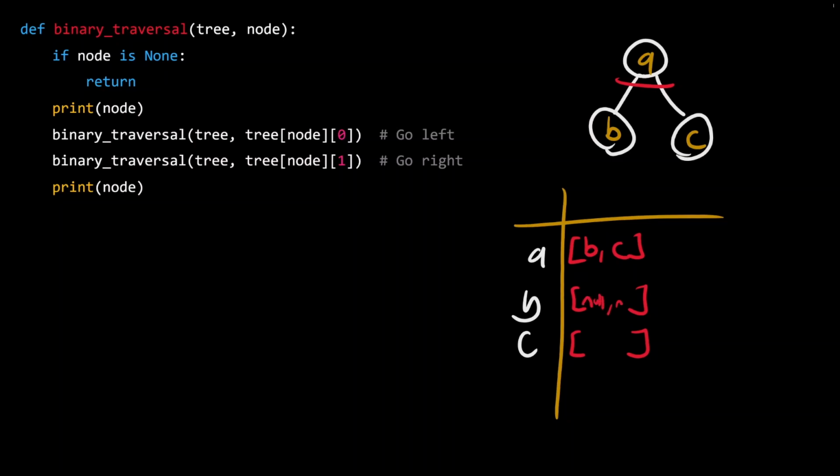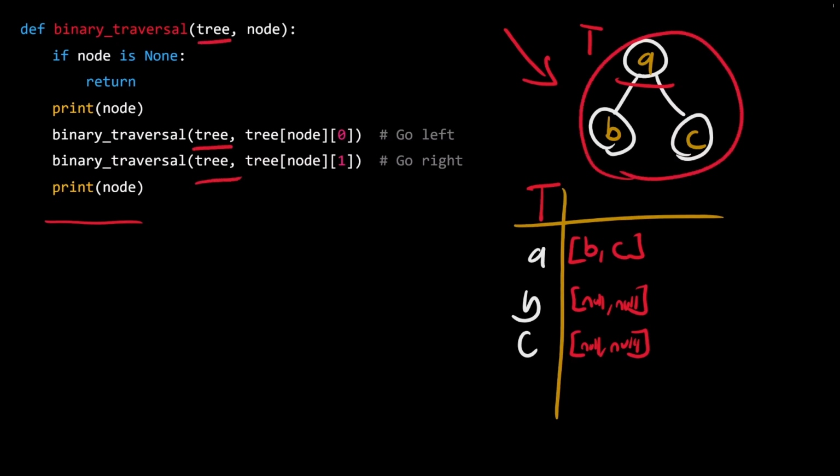It's null, and null, and then null, then null. Now, the question is, given this graph here, given this tree, let's call it T, what would be printed out to the console? As a reminder, we are inputting the tree, so it's this structure right here. We have that tree, and then we're going to access the left and right